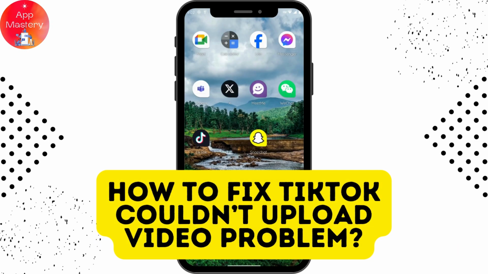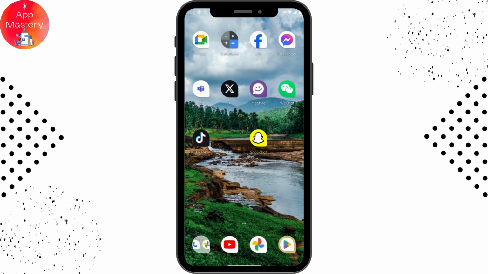How to fix TikTok couldn't upload video problem. So if you want to fix the problem, then first you need to check your internet connection. If you don't have a stable internet connection, then your videos might face that kind of problem. So if you are facing a problem with uploading videos, then check your internet connection, and if your internet